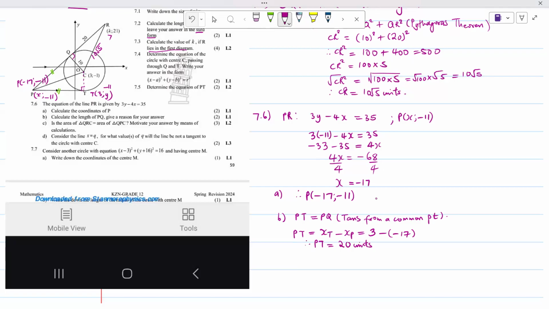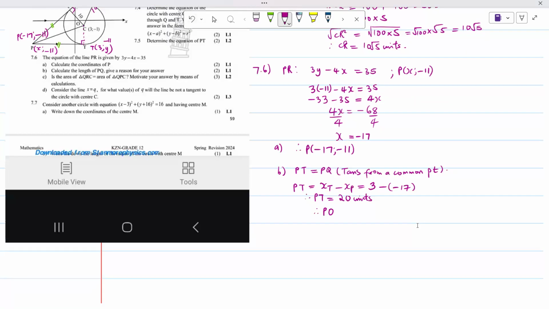So this is what I have there. This is what I have here. PQ will also be 20 units. Then I'll come and write 20 here. Remember, this distance is also how much? Is also 20, the distance. Therefore, the next question is asking me,